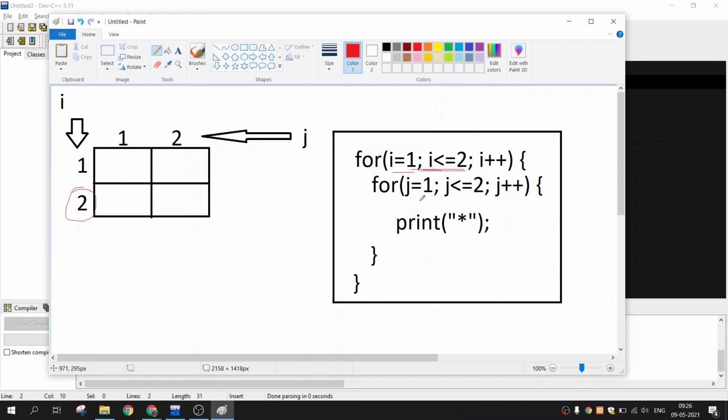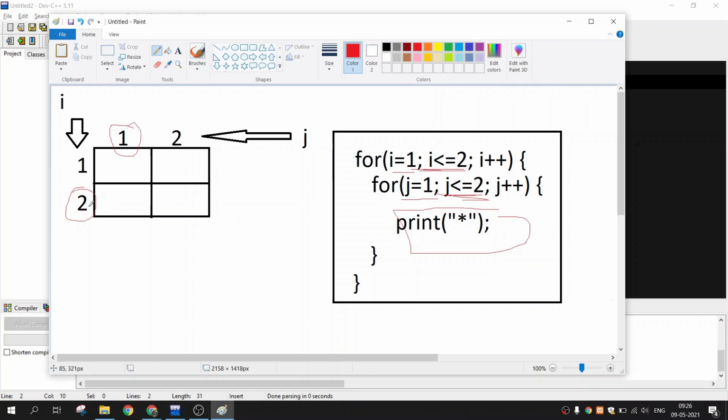Now we come inside the loop and execute the block, which again sets the value of j equal to 1. j is less than or equal to 2, yes, this condition is also satisfied, and it simply prints a star here.